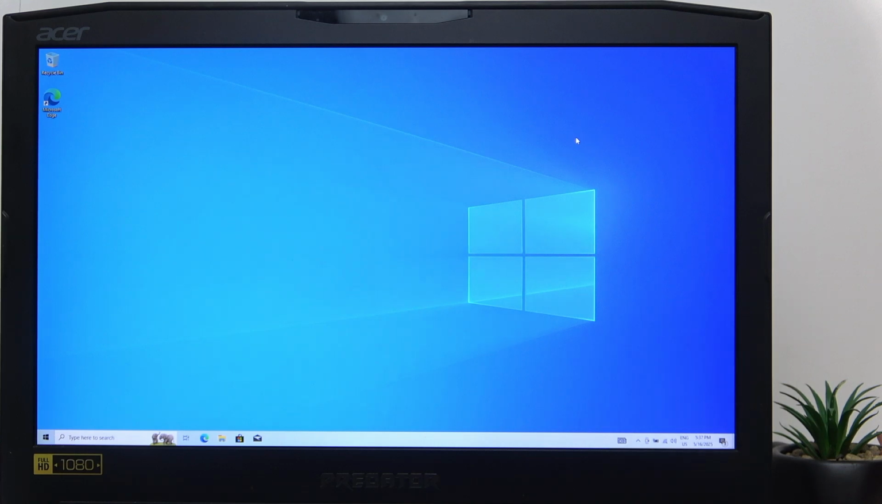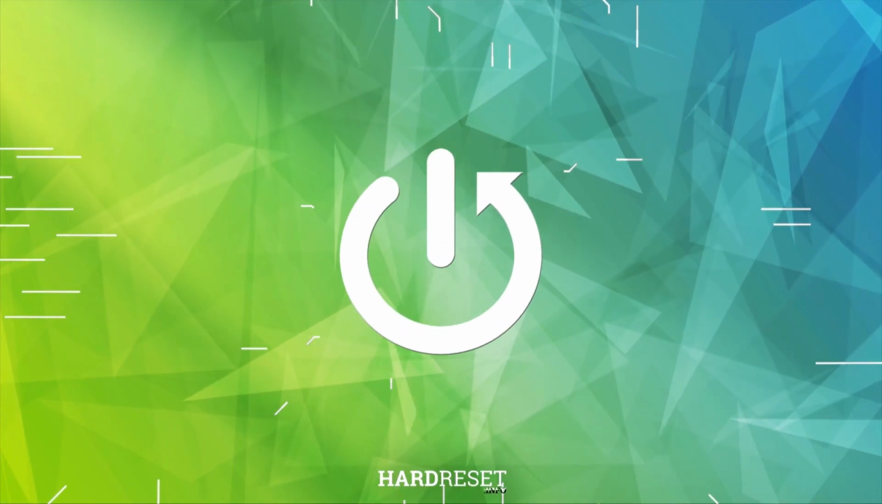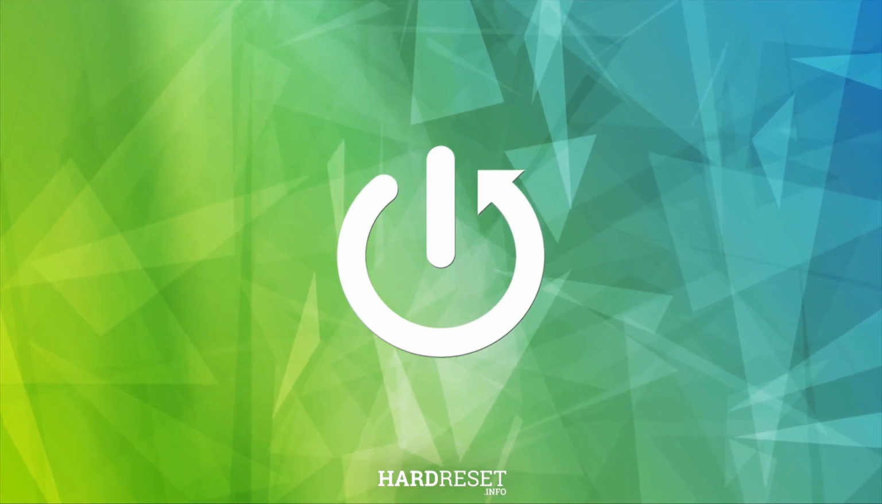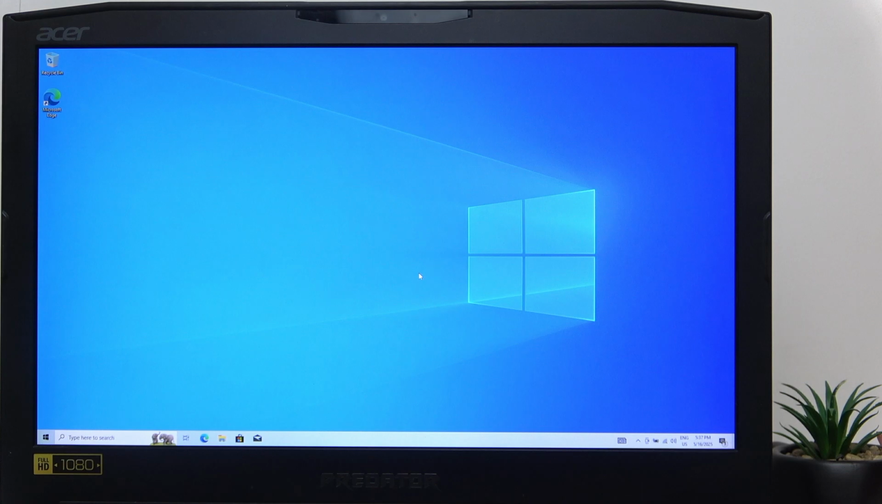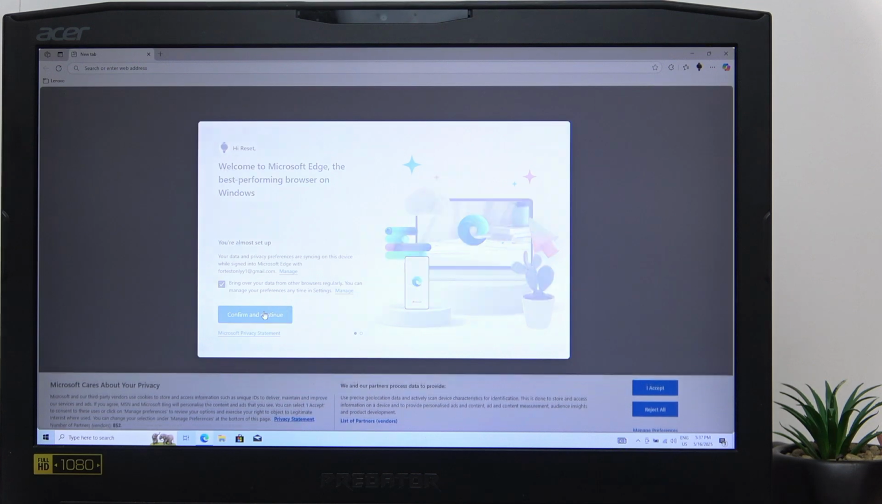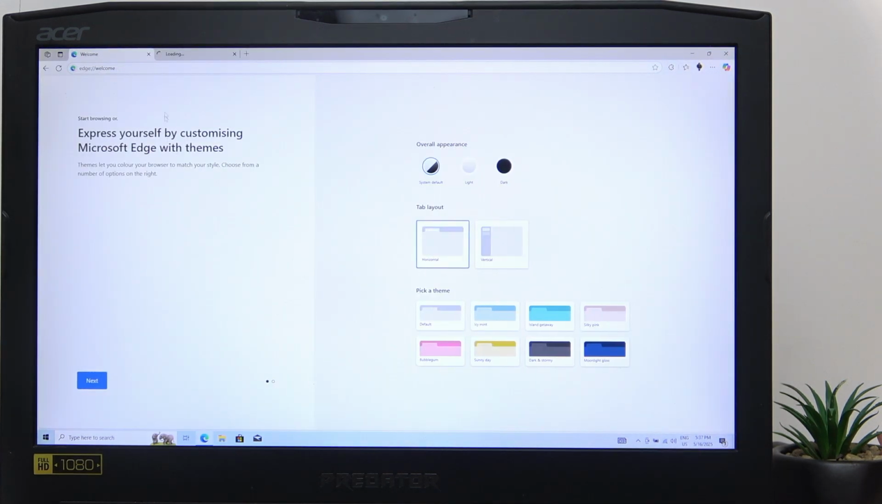Hello, in this video I'm gonna show you how to record screen on Predator 17. On Windows 10 there's not really a native method for that, so you should go into your browser. I'm gonna quickly configure that and then search for OBS